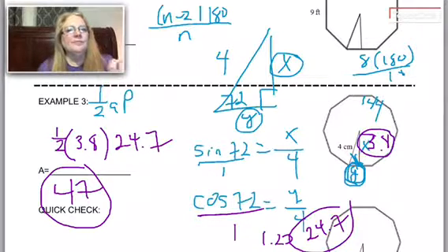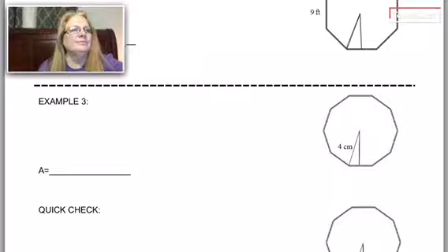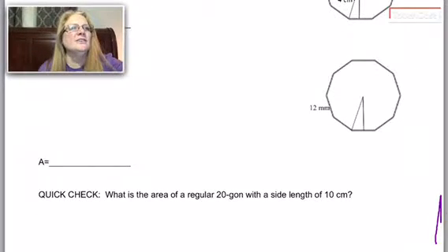All right, let's look at the quick check. Now the quick check's a little bit nicer